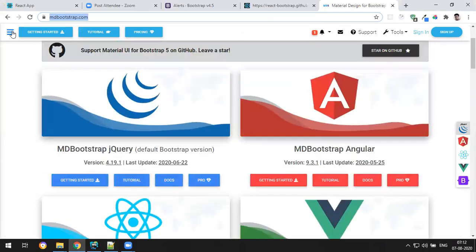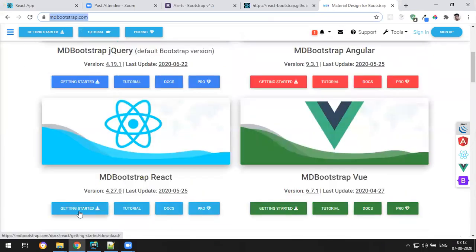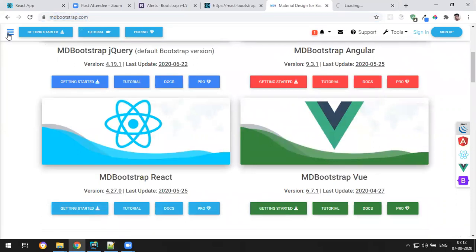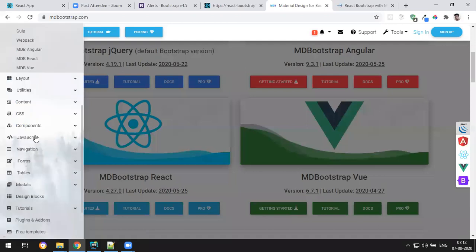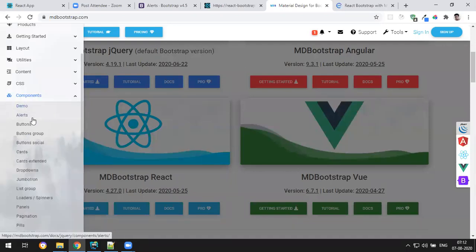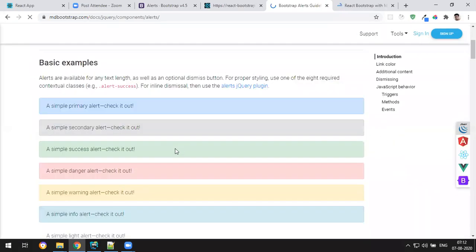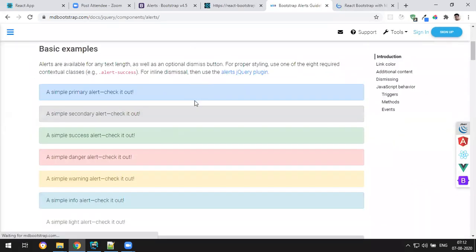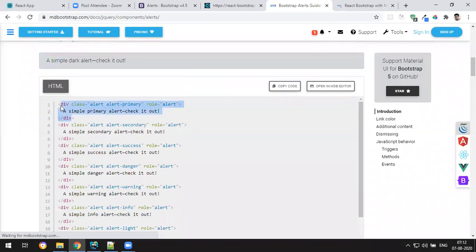Okay, I'll show you both now. First let me open this one, and also this part. If I go to the components, you have components like this, alerts. So let's start with alerts again. Yeah, this is the regular MD Bootstrap. See, div with the class called alert. This is regular, which you can use. It's not specific to React, it's common for any. You can use it for React, for Angular, or for a regular website also.